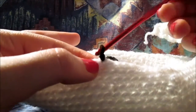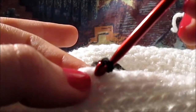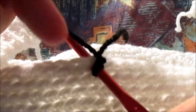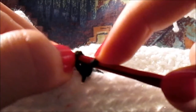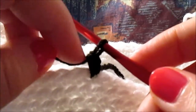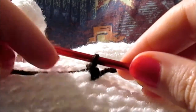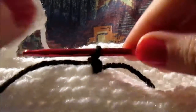And what we're gonna do now is simply go back to the same stitch. I'm zooming so you guys are able to see it. It's exactly the same stitch. We pass it through, grab the yarn and pull it out, and here we have 2 loops, and we pass it under the 2 loops. We make it a little bit tighter. So that was our first. So we're going to continue doing that,